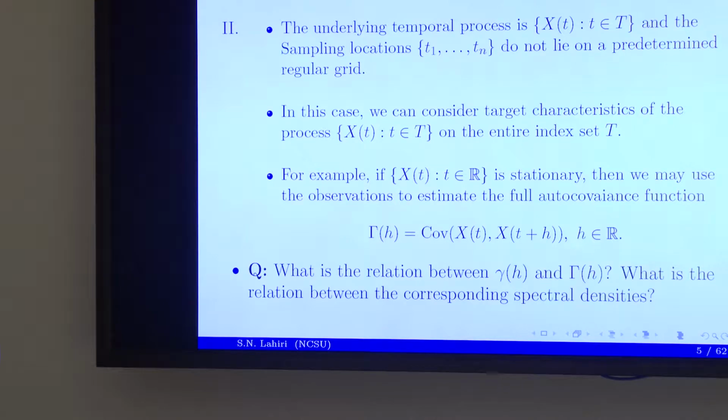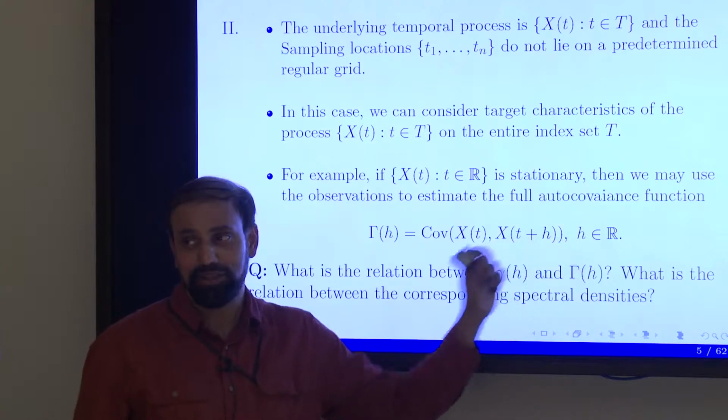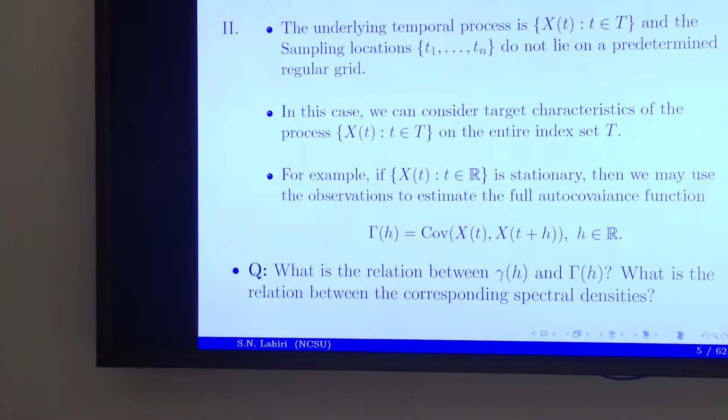So for irregularly spaced data, x of t exists, but x of t plus h may not exist. That is correct. But h here is a real number. Okay, so then it always exists. H is real. So only for pairs of differences, ti minus tj, one pair contributes perhaps to every value of capital gamma. That's correct. And there are n choose two such distances you can read out from the data.